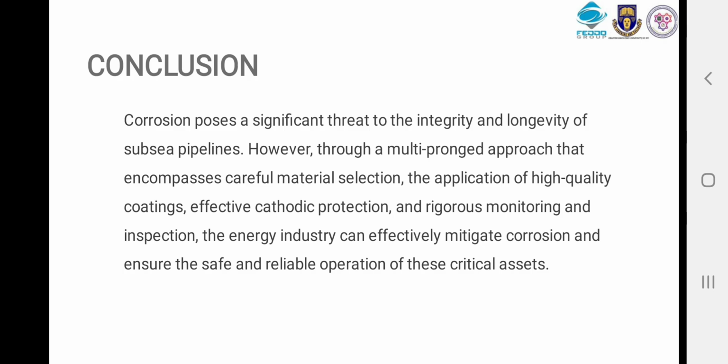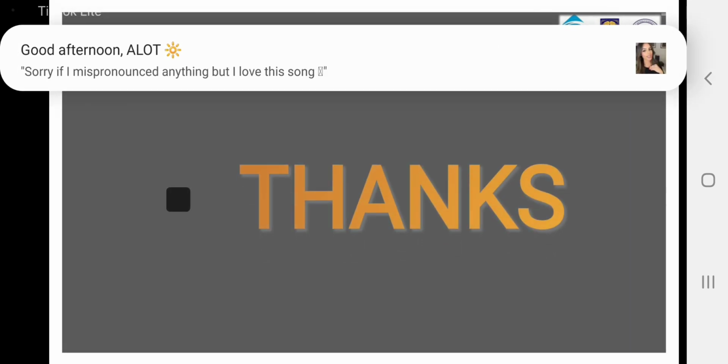After a thorough investigation, we discovered that corrosion is a very significant aspect that we need to control in our pipelines. And to do that,